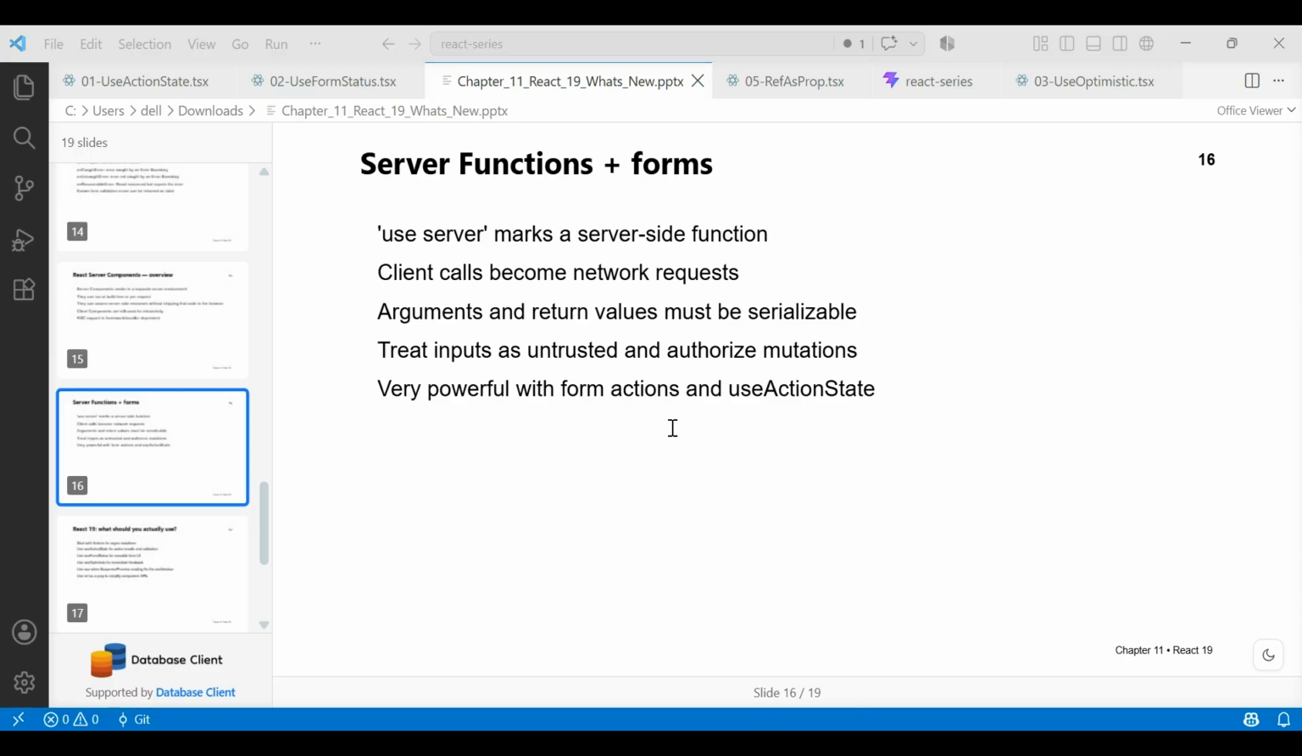Server functions connect a form and action model to server-side mutation. A server function can be called from client code, and React handles the network boundary. In production, we still need authentication, authorization, validation, and secure handling of inputs. React does not magically make a server function safe. So the next one is